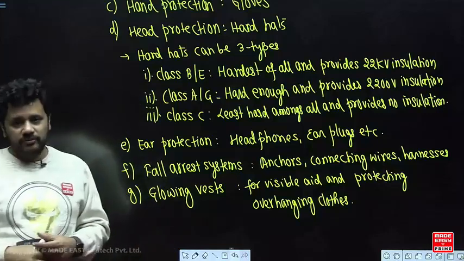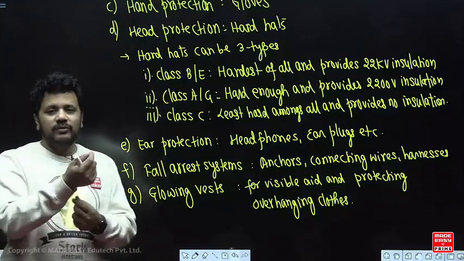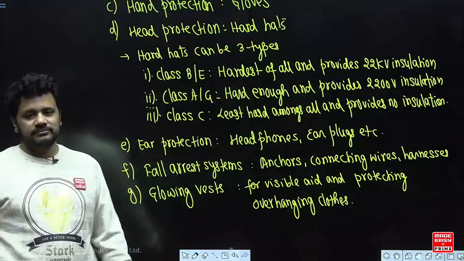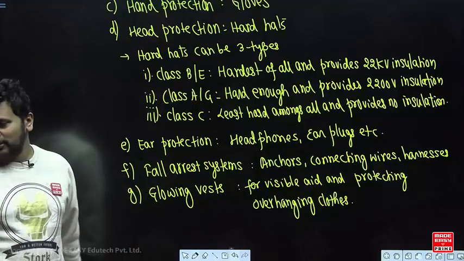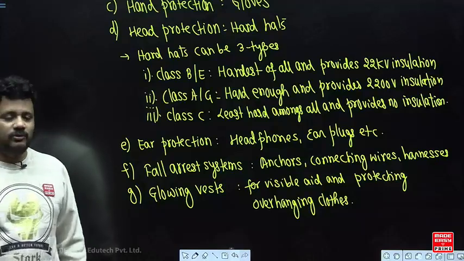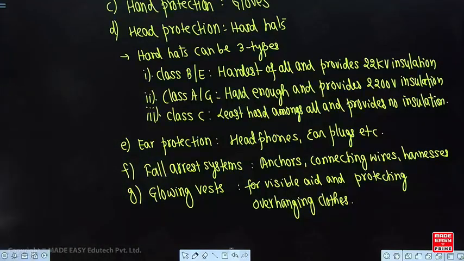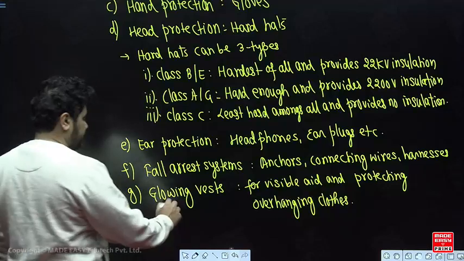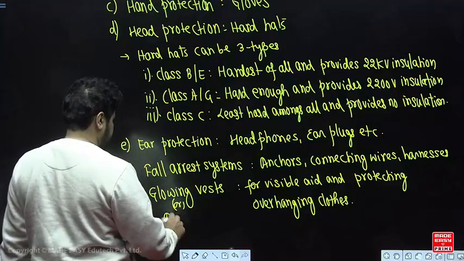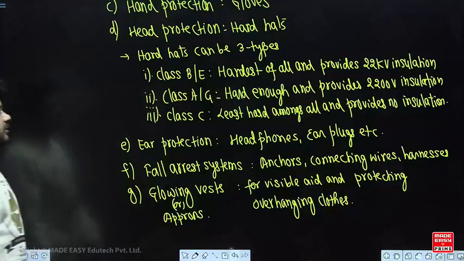सो दे हैव टू वोर सम काइंड ऑफ वेस्ट्स, जरूरी नहीं कि ग्लोइंग वेस्ट हो, सम काइंड ऑफ वेस्ट, सो दैट ओवर हैंगिंग क्लोथ्स बंद हो जाए, है ना। सो दैट देयर विल बी नो ओवर हैंगिंग क्लोथ्स। एंड जैसे पेस्ट कंट्रोल वाले जो होते हैं ना, वो लोग पहनते हैं इस तरीके से ग्लोइंग वेस्ट्स। ठीक है, या फिर ग्लोइंग वेस्ट कह सकते हैं, या फिर एप्रॉन भी कह सकते हैं, यू कैन कॉल इट एज एप्रॉन, क्योंकि हमेशा जरूरी नहीं है कि आपको ग्लोइंग वेस्ट ही पहनना हो,